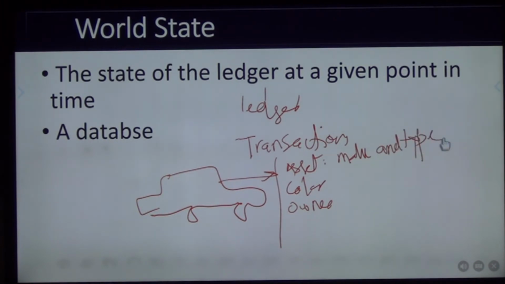So these are very important concepts in the smart contract if you're coding it on Hyperledger. You say, okay, this car is an asset, its make and type, year 1999, color is black, owner is Ahmed. Now Ahmed sells this car to Javed. So a transaction in your blockchain will come. This is a transaction that happened at some point in time. In that transaction the ownership would change. Now you say owner is Javed.